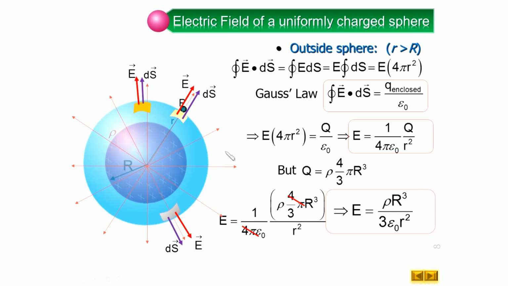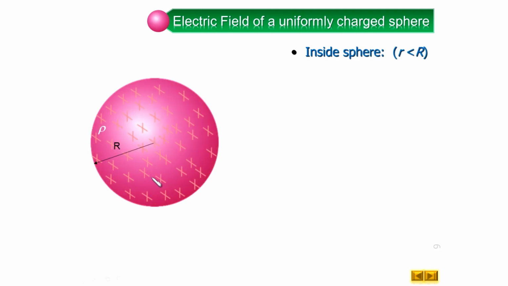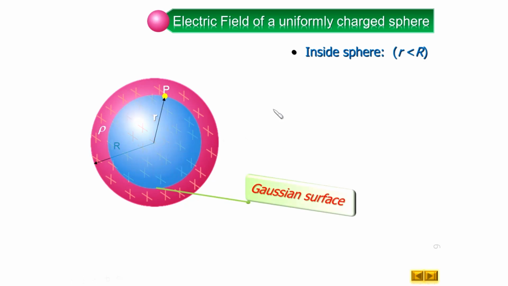Now come to some point inside the sphere. So let us make this sphere again, and we are interested to calculate the electric field at any point inside. So let us make point P here, and the distance of this point from the center is small r. Again we can observe we have the spherical symmetry, and this spherical symmetry is centered at the center of the sphere. So the Gaussian surface should pass through point P and enclose the center of the sphere. We can say again the Gaussian surface is a hollow sphere of radius small r. This is the Gaussian surface.